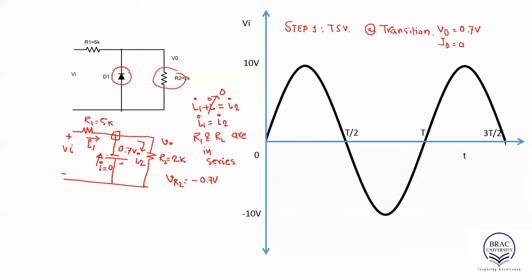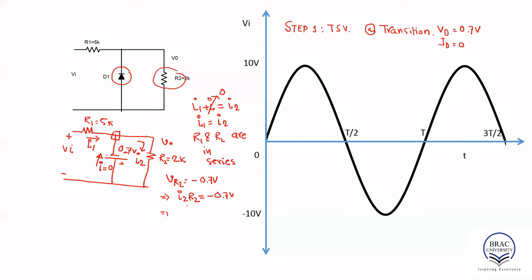You see, this is the polarity, plus minus. Now I want to determine, so I can say VR2 equals I2 R2 equals minus 0.7 volt, and I2 can be expressed, since it is a series connection,